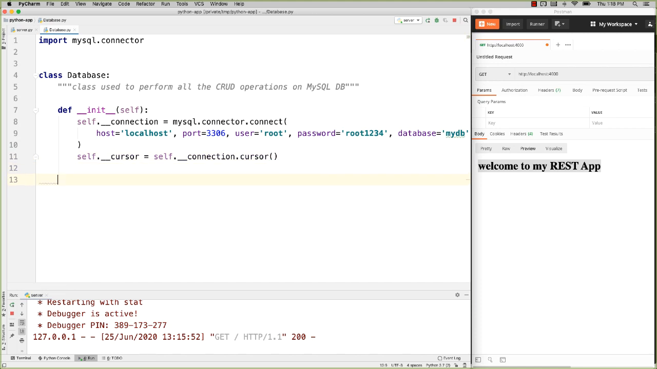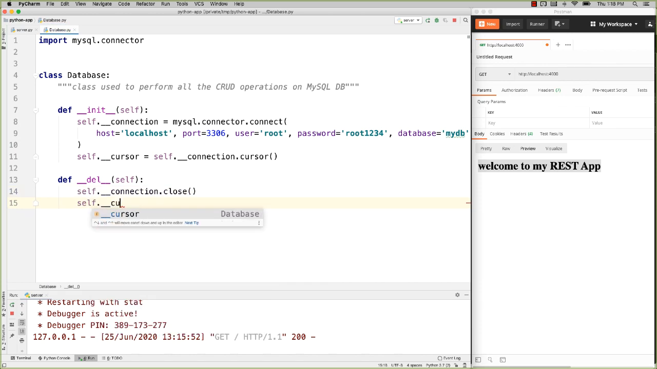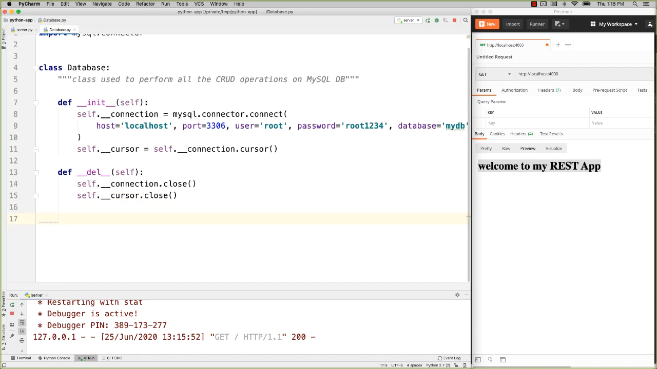Now, once the object gets created for this class, the connection and cursor will be created, and when I delete this object, I want both of them to be closed, for which I'm going to override __del__, where we are going to say __connection.close and __cursor.close. Okay, now once the basic skeleton is ready,